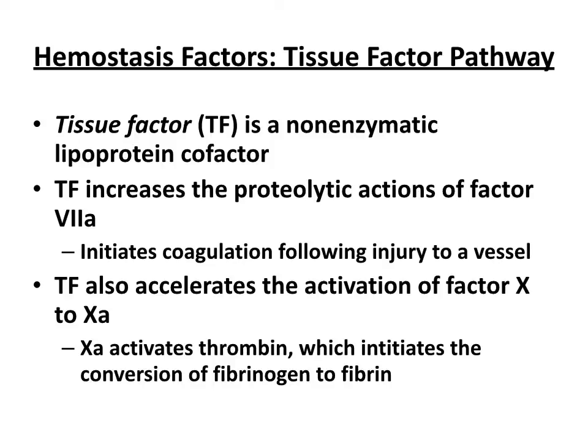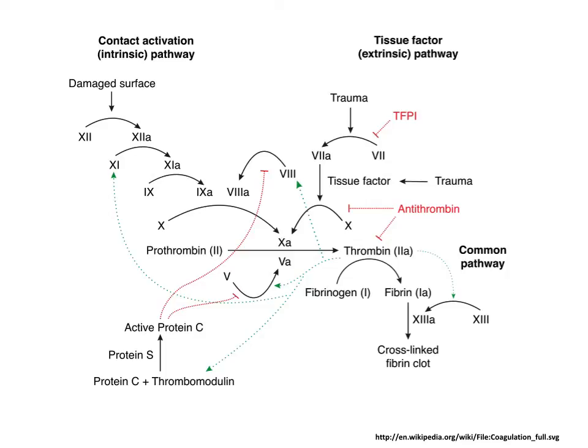Okay, so you get the tissue factor pathway activated. Ultimately, you're going to get the conversion of 10 to 10A, and what does 10A do? Factor 10A is super important. It converts prothrombin to thrombin, okay? And without that happening, you're not going to get a wound to heal. Actually, I said that here: 10A activates thrombin, which initiates conversion of fibrinogen to fibrin. So this slide shows the intrinsic pathway and extrinsic pathway. Again, going over this, you can't teach this in 10 minutes, but we're trying.